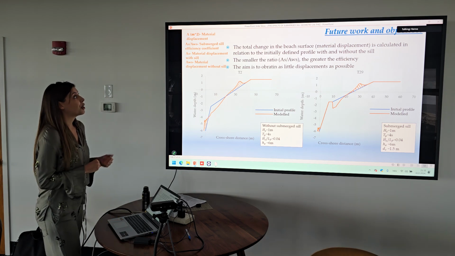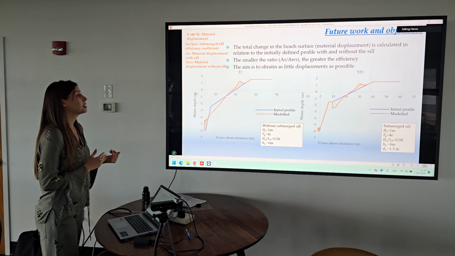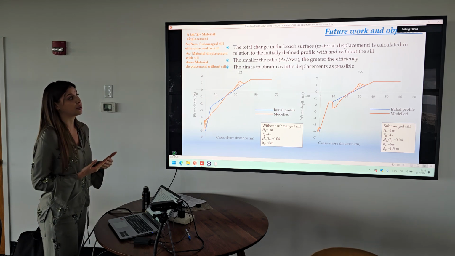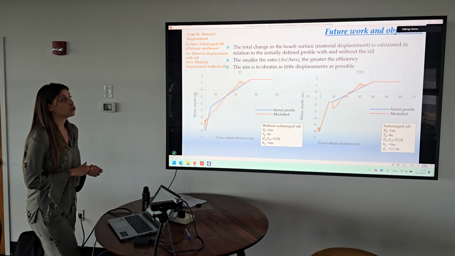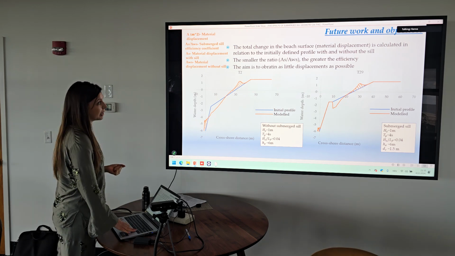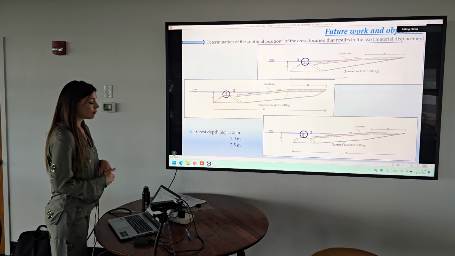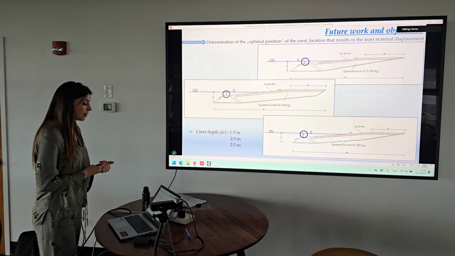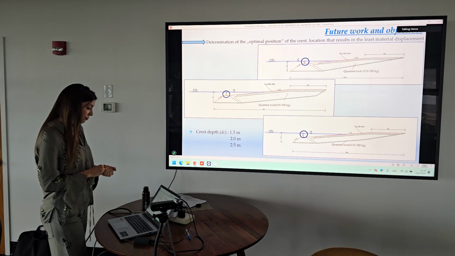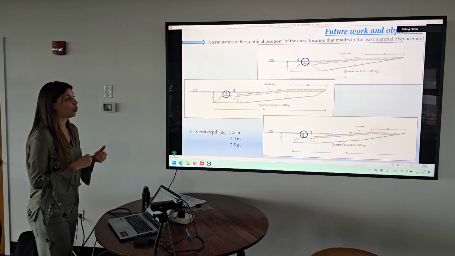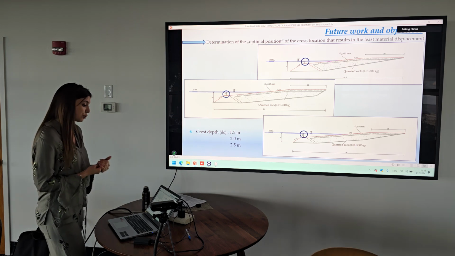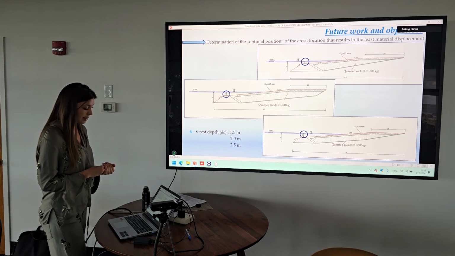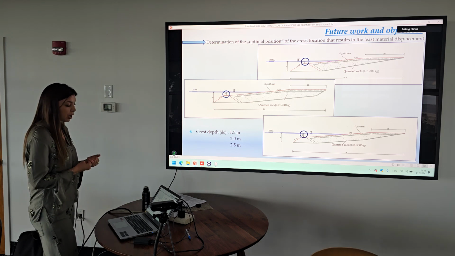The smaller the ratio between material displacement with the sill and without the sill, the greater the efficiency, and the aim is to obtain as little displacement as possible. This study will also focus on the effect of varying the depth of the sill crest on sediment movement. The figure shows profiles with the same geometry but with different crest depths of 1.5, 2 and